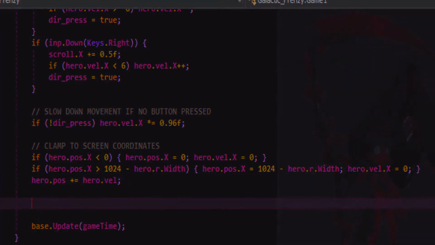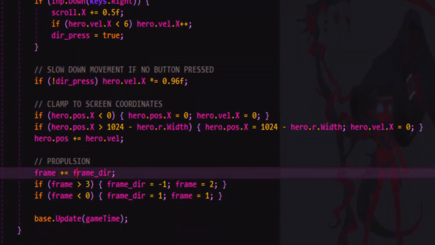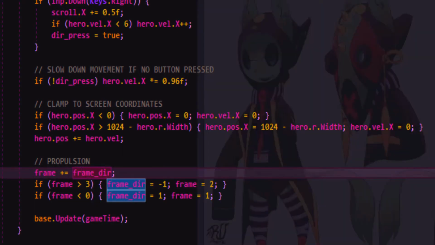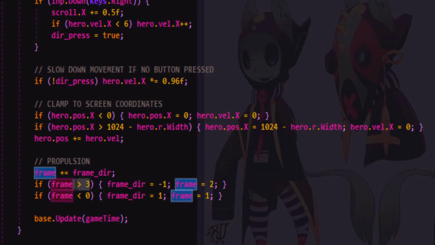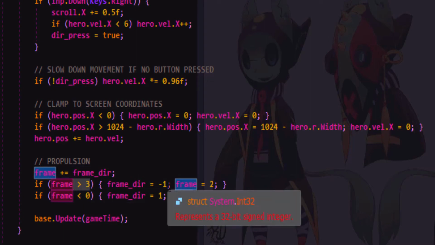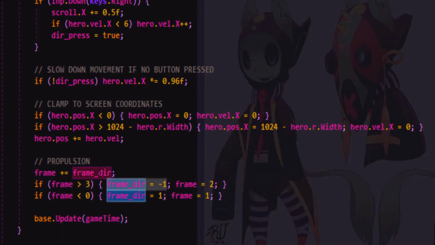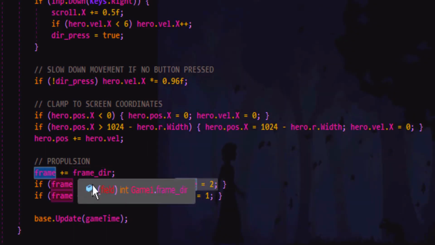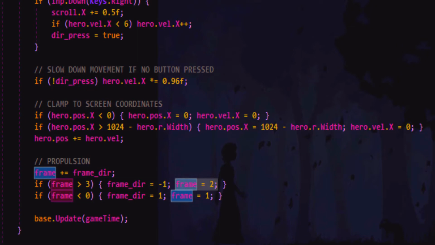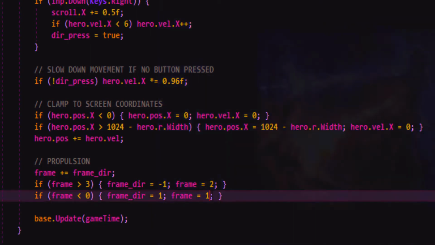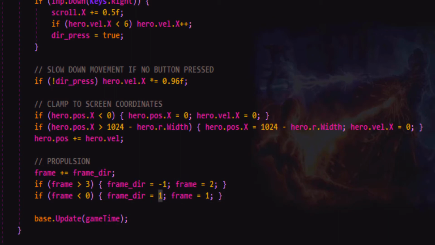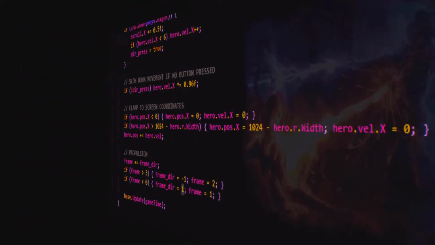We can go down here, and I'll just add some code. All right, added this propulsion section here, where I add 1 to the frame each time it goes through the loop. If it gets to 3, so it's 0, 1, 2, 3, if it gets past that, it's going to set the direction to -1, and this will start counting from 3 back down to 0. And I set the frame to 2, because we can't have it at 4, because that would be a frame 5 technically. Same thing too, if it goes under 0, it'll be -1. We've got to set it to 1 because it's already done 0. And then we set this to +1. And that should make it go back and forth between those frames. So we'll try that out.